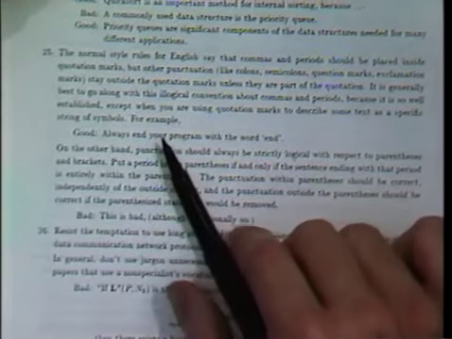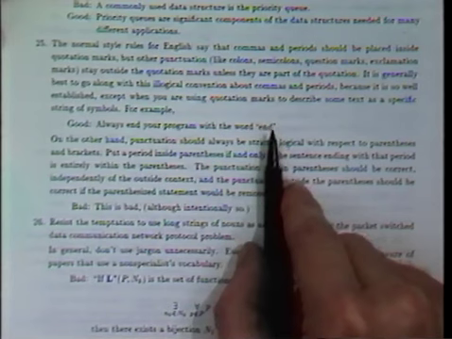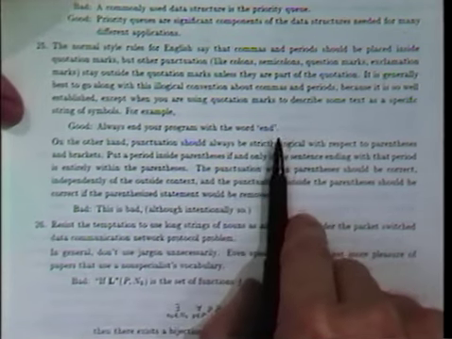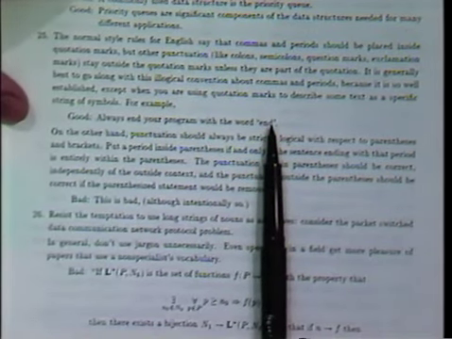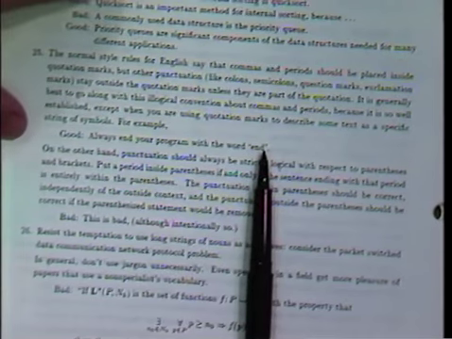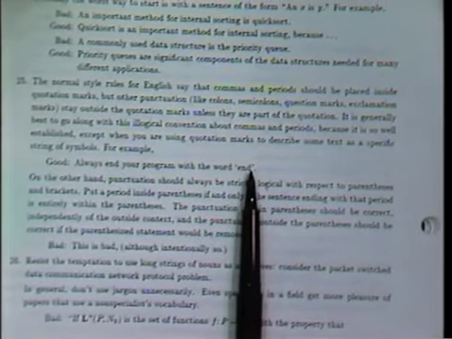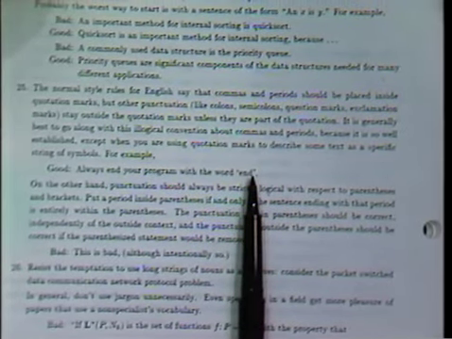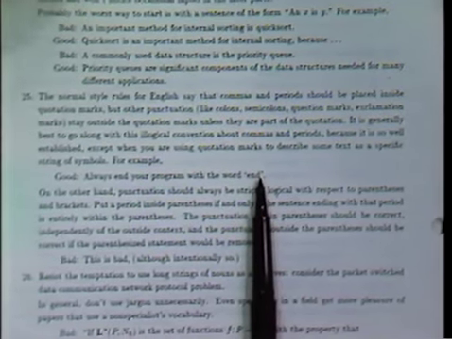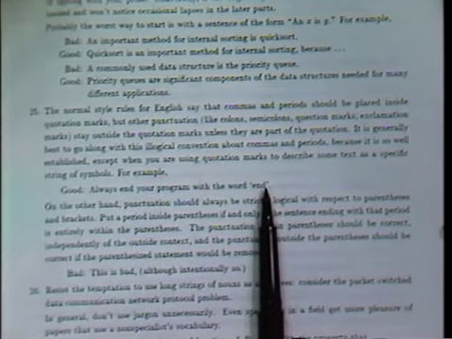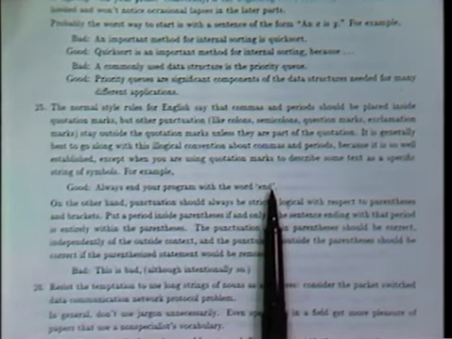The 25 is about punctuation, and here I've got single quotes as an example of referring to a word in itself. Always end your program with the word 'end'. Now, people, there's an old, long-standing rule that commas and periods tend to go inside of quotation marks, but semicolons and exclamation points and things don't. And the reason is that it looks better, and that people are used to it. And so when they see something that they're not used to, then they forget what they're reading, and they start thinking about the form of the document instead of the content.